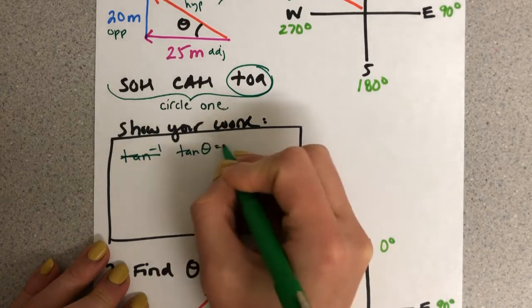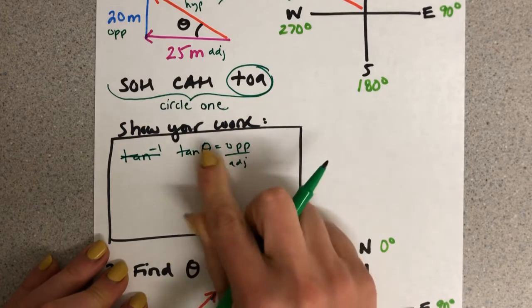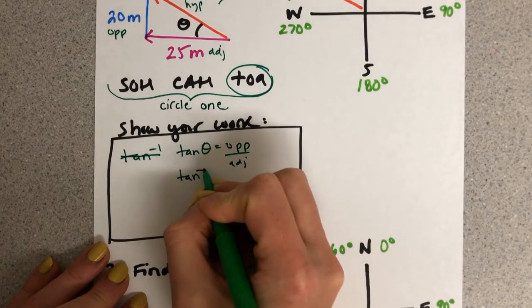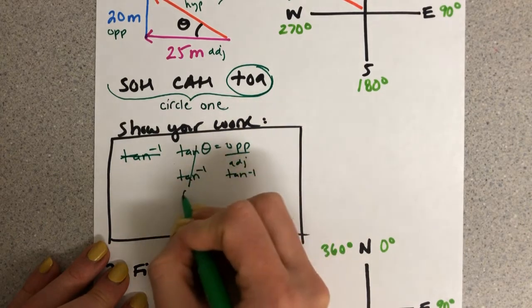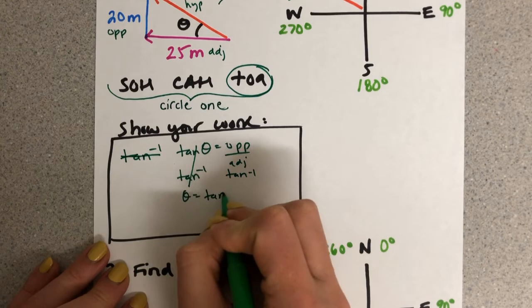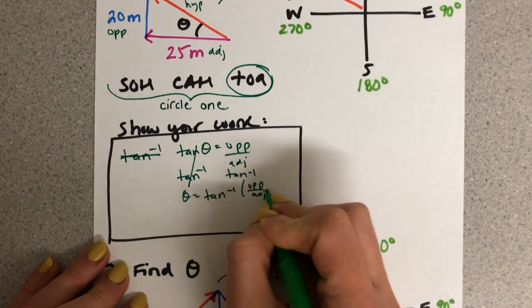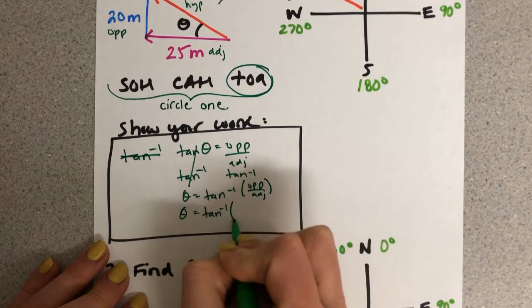Tangent of theta equals opposite over adjacent. I want to get the theta by itself, so I'm going to do the opposite of tangent, which is tangent -1. I'm going to do it on both sides. So theta equals tangent -1 of opposite over adjacent. So theta is going to be the inverse tangent of